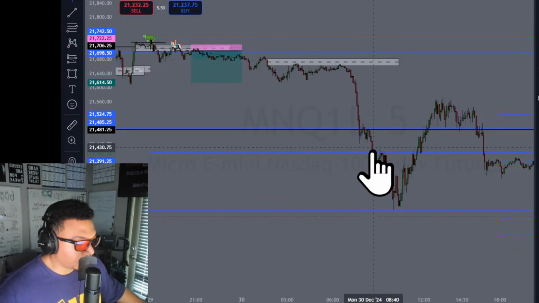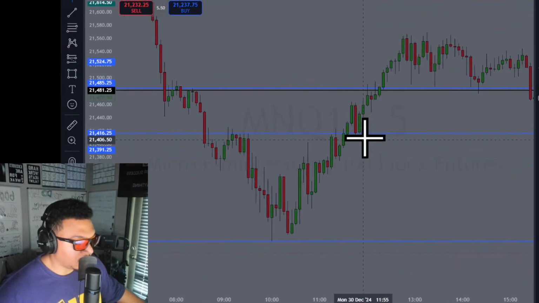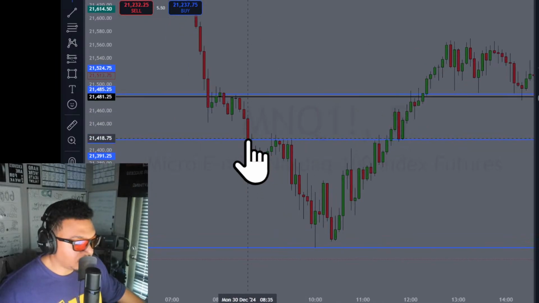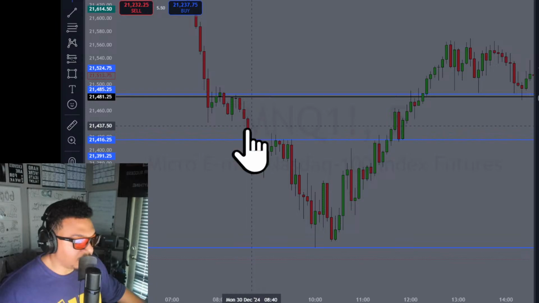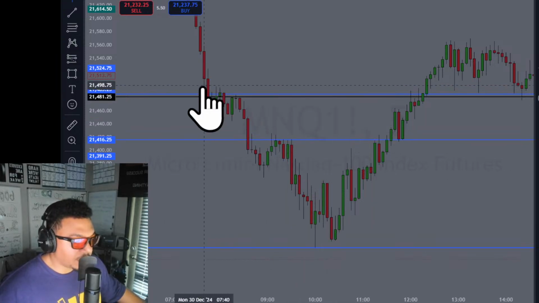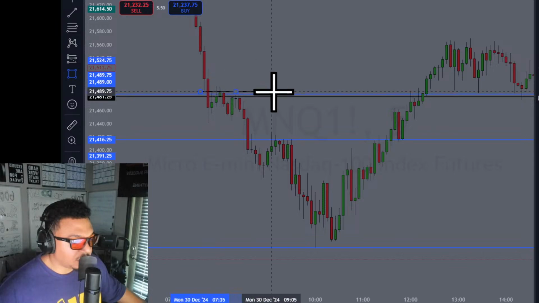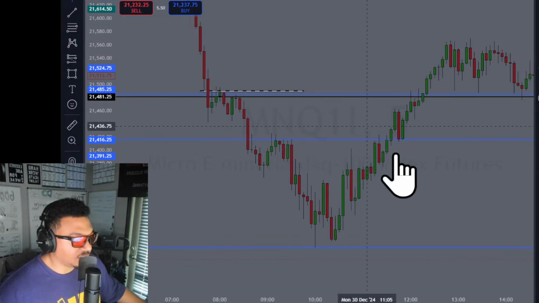So right here, price pulled back, and it's very fine on the 5-minute. On a lower time frame, it would have been a little bit easier to see, but price pulled back, failed to go above this gap, and then melted lower. On a lower time frame, there's probably another fair value gap being tapped into to sell off of. Right here, there's a small gap being tapped into to sell off of. And you've got to understand that these inefficiencies within the market create the price action to trade, at least from my perspective.